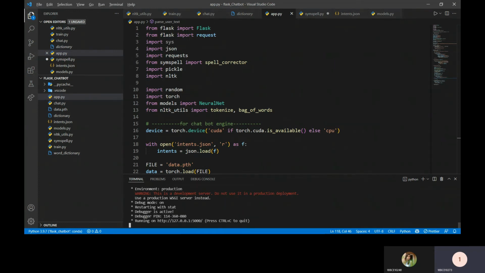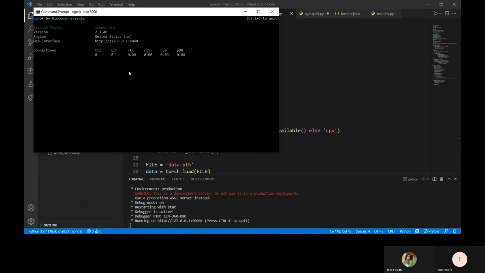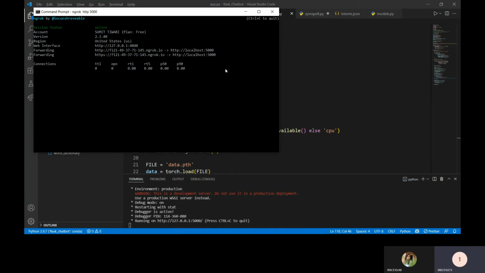For that, we have used ngrok tunneling. What is ngrok? Let me start it. ngrok http. As we are running our host on 5000, we provide it 5000. What ngrok does is it tunnels our unsecured HTTP channel into a secured channel using HTTPS, using its own subdomains.